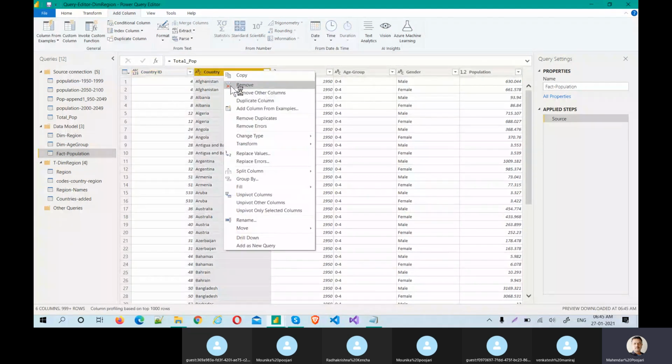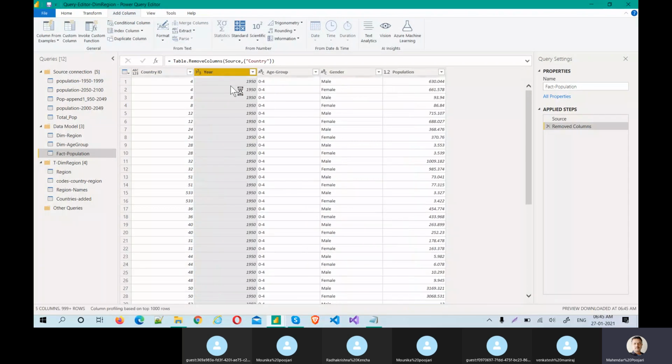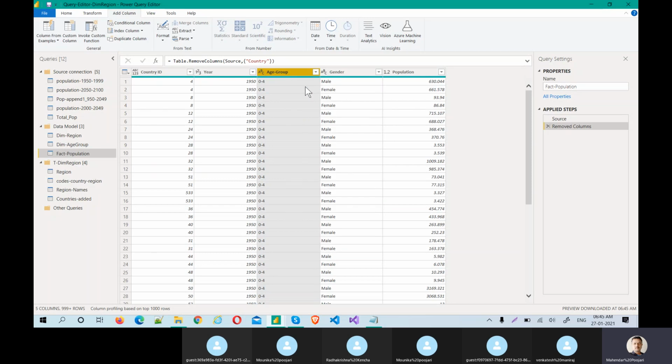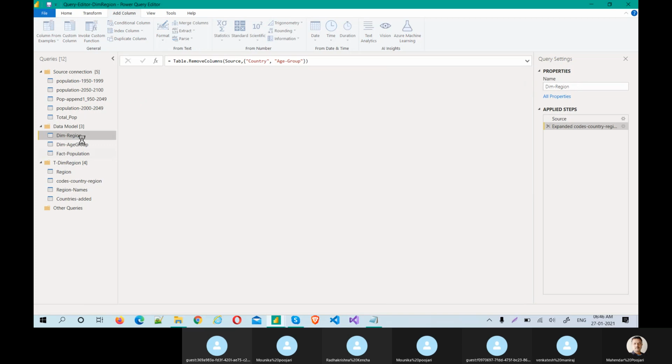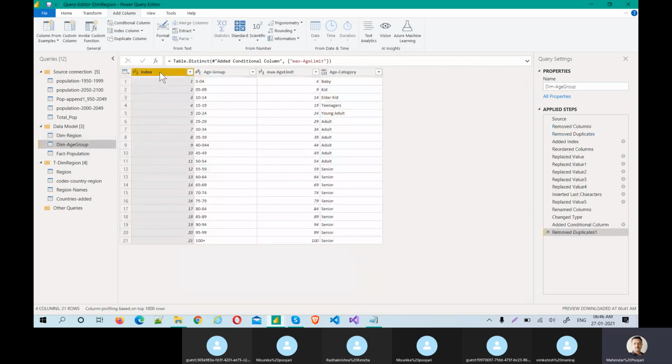Country name I don't want because that is already there. Age group is also not required because we have already made it available here. So this is the fact table, but something is missing here. It should have another key column. What is that? This key, this age ID, something like that we should give. Age ID.